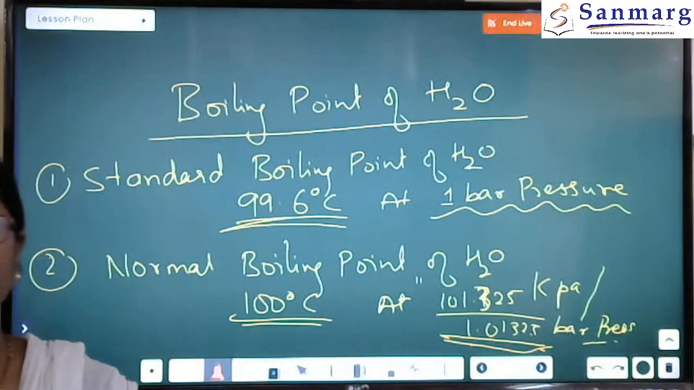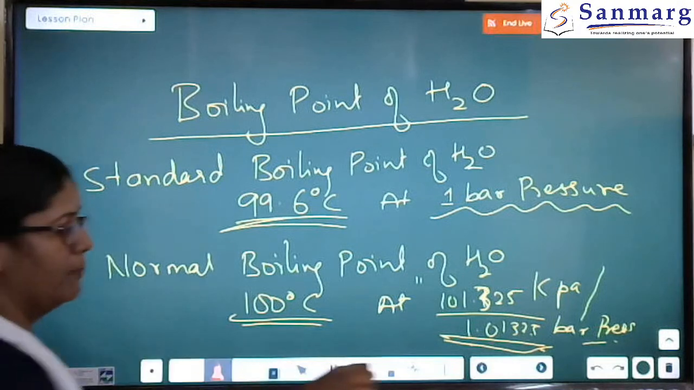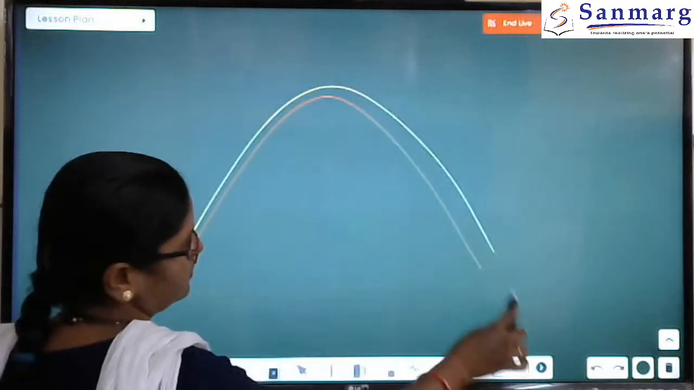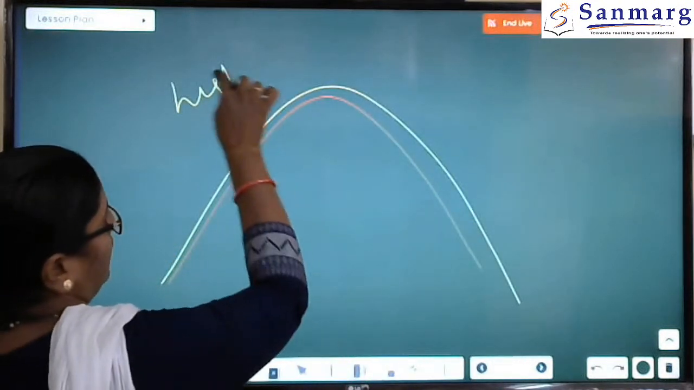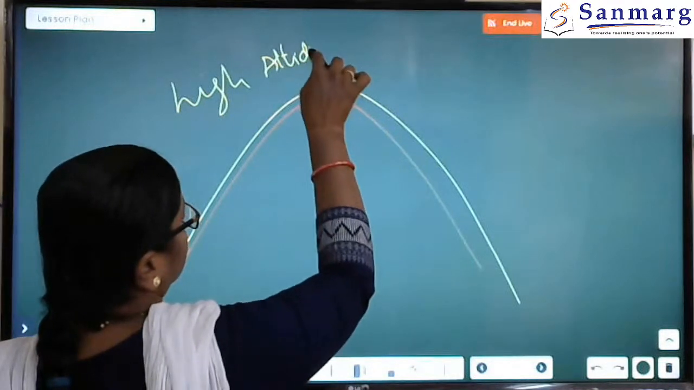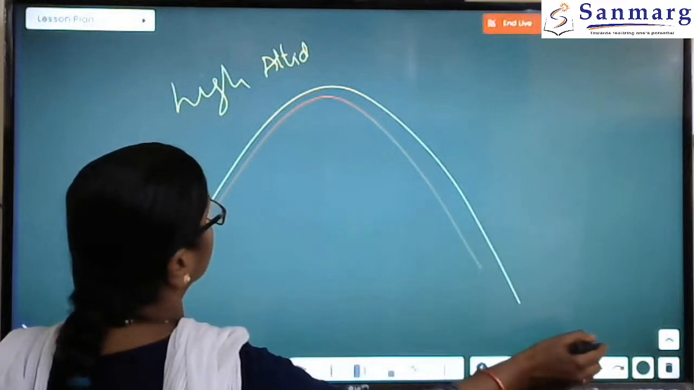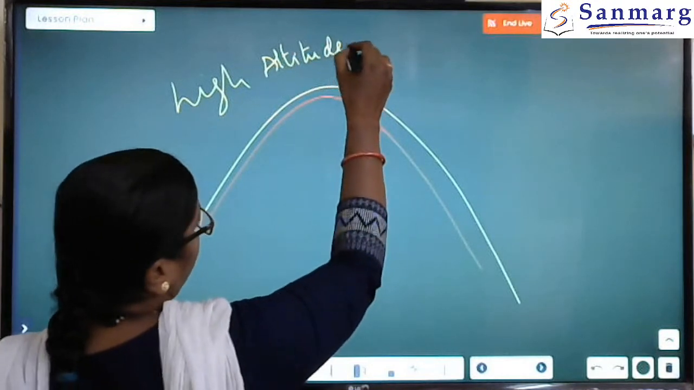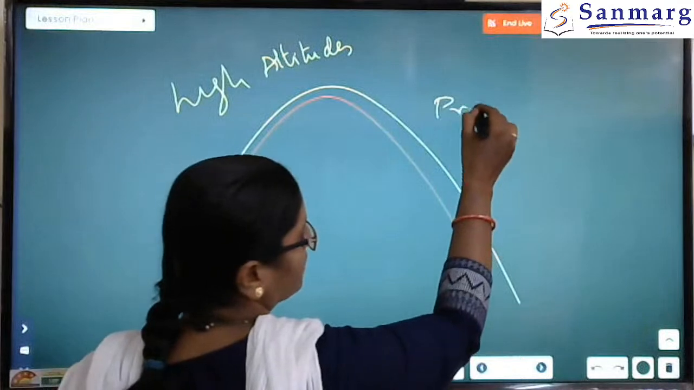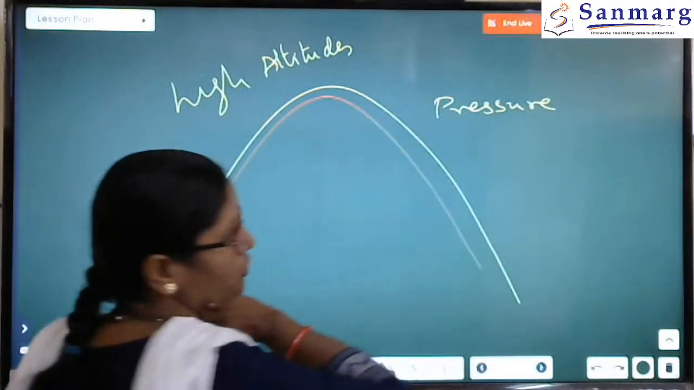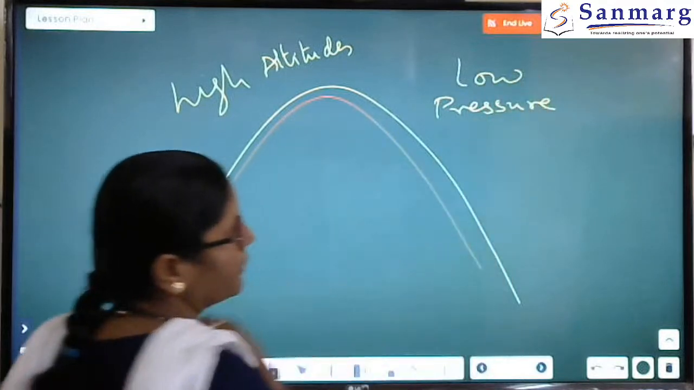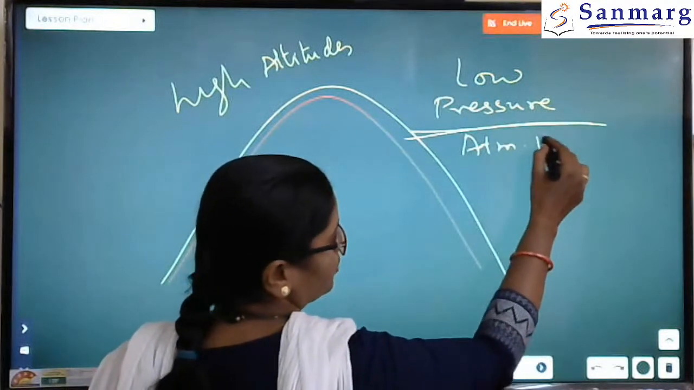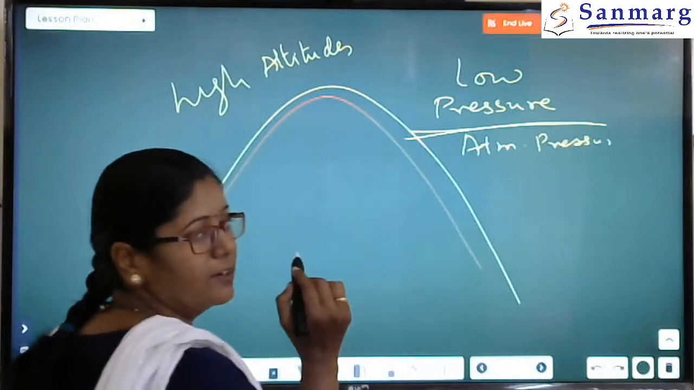Okay. Now see what happens as we move to mountains, higher altitudes. At mountains or higher altitudes, pressure will be what? Pressure will be low. So when pressure is low, atmospheric pressure will be less. This is itself atmospheric pressure. Pressure is low there. So obviously the liquid will